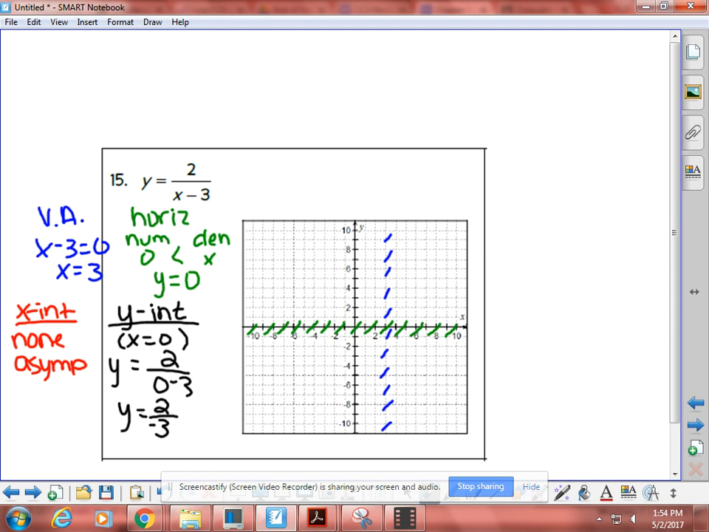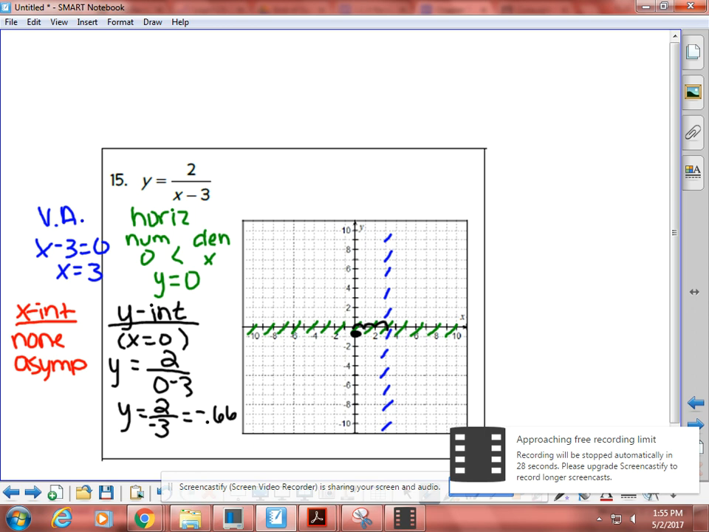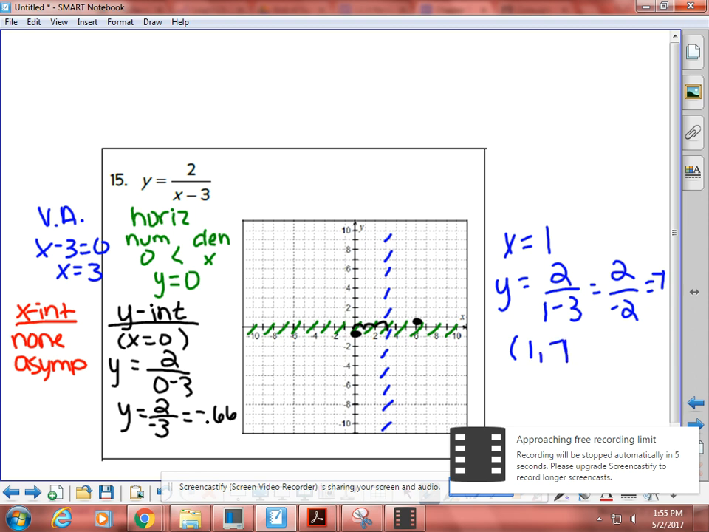2 over negative 3, which is about negative 0.66. Okay, so when I put that in, negative 0.66 is about right there. So it's 1, 2, 3 away and a half down. So I'm going to go 1, 2, 3 the other way and a half up. And then I have to pick one other point to use. Well, I would use 1 and plug that in. And when you plug in 1, you're going to get y equals 2 over 1 minus 3. 2 over negative 2, which is negative 1. So I get 1, negative 1. And then that's 1 2 over